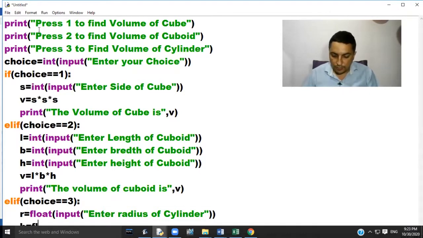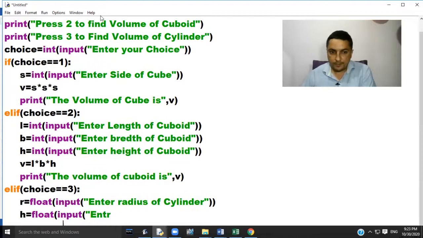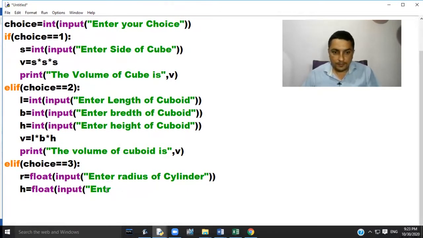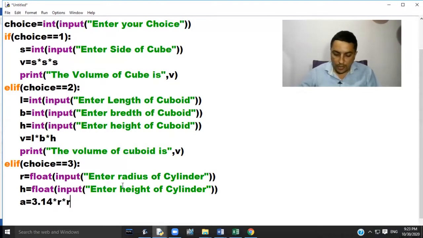H equal to float input, enter height of cylinder. V equal to 3.14 into r into r into h. We are using formula pi r square h to calculate volume of cylinder.